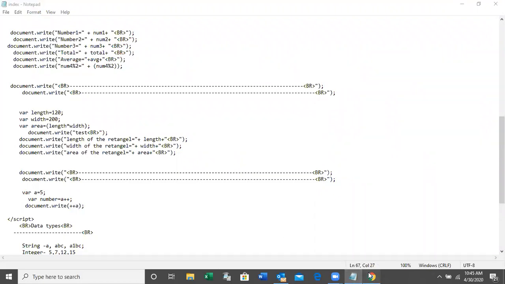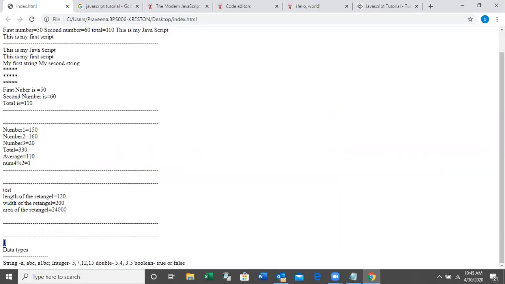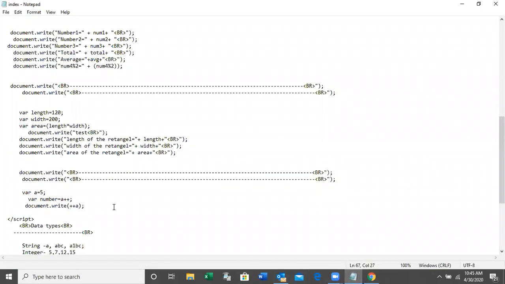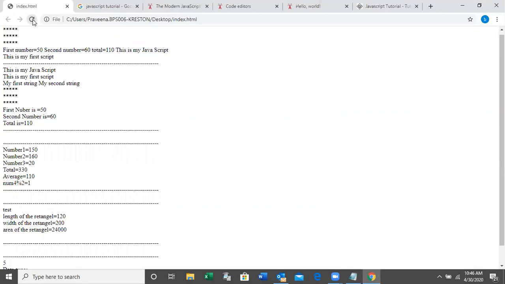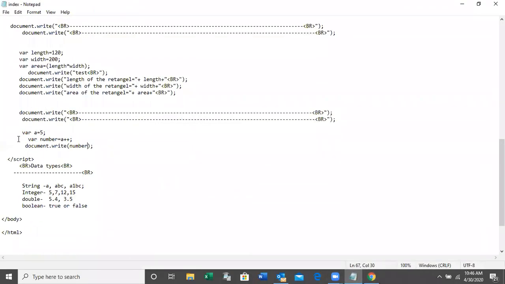See the output here, 7. If I put number, what is the output you can see? Number is equal to 5. So see the difference between that and this.